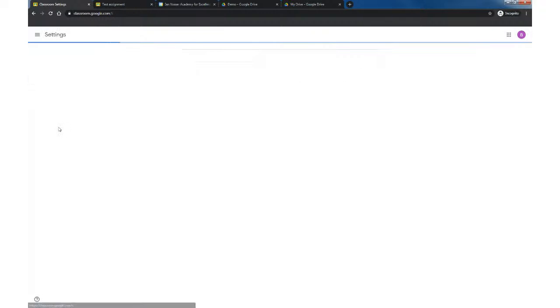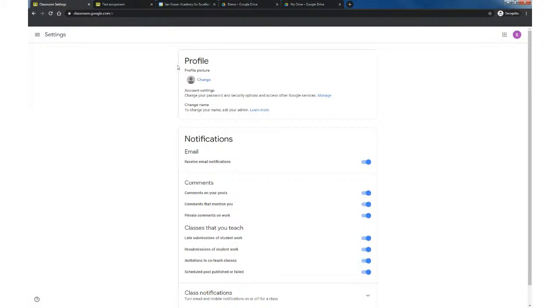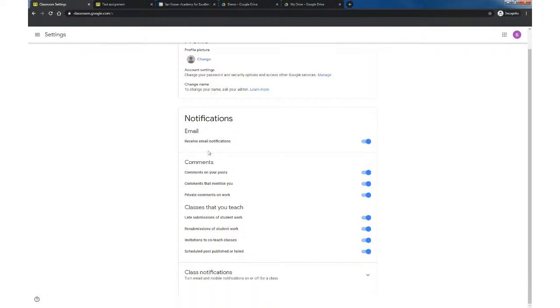Okay, going down into the settings section. If I want to change my account profile settings, I could do that up here. Not all settings can necessarily be changed. So for example, your name, you'll need to contact your administrator or change it through Glow. But things like the profile picture can be updated. Looking down, you'll see we've got really granular control over notifications in terms of whether you get emails or not,